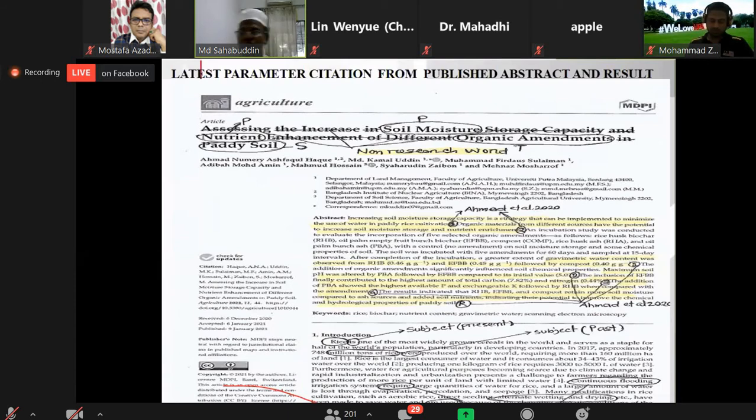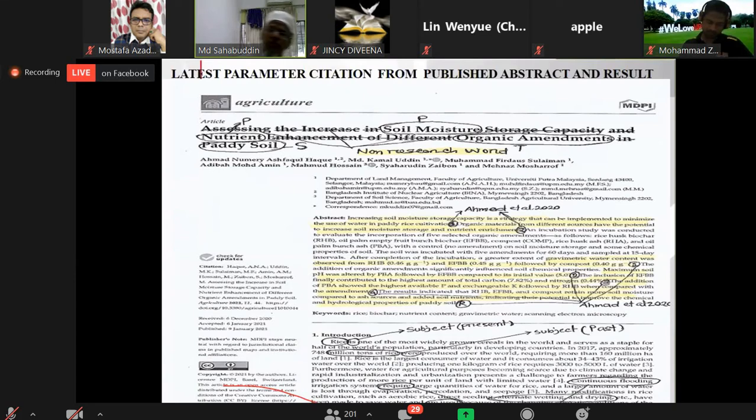So when you read any abstract, in the abstract there is a last component, the key findings. Here you see 1, 2, 3, 4 key findings. If you cut and copy these findings and put the author name, it becomes a new citation for the parameter, like 2020. So from the key findings of any published abstract, we can produce another 3, 4 new parameter citations, like latest 20 or 21, using this article.